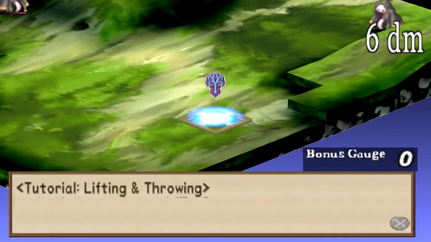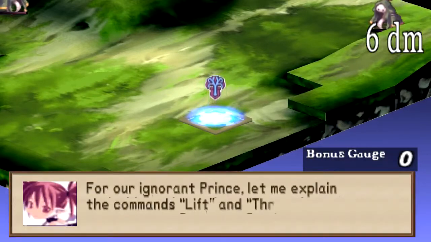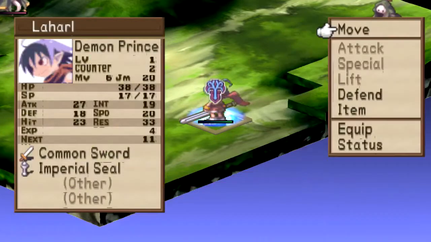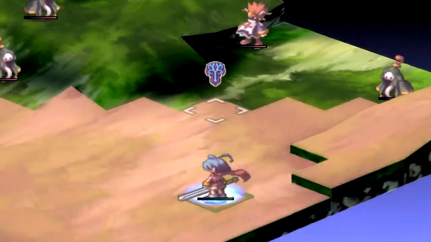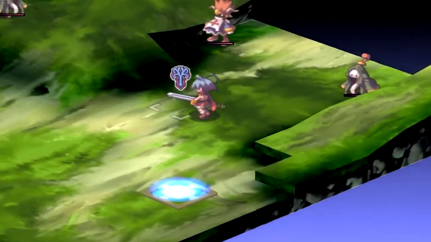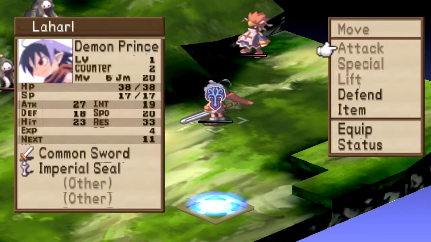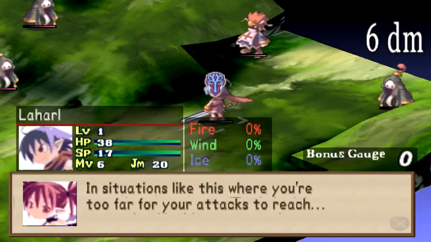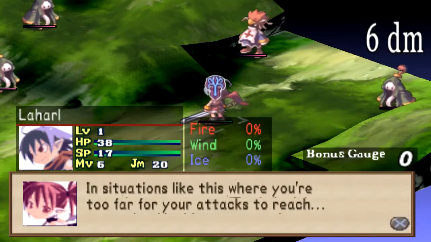So, lifting and throwing. For our ignorant prince, let me explain the commands lift and throw. This is where you get some fun things in this game. You can set up these massive stacks of people where they all lift each other into this one big tower and you throw them around the map. It's quite amusing. Right, in situations like this where you're too far for your attacks to reach,